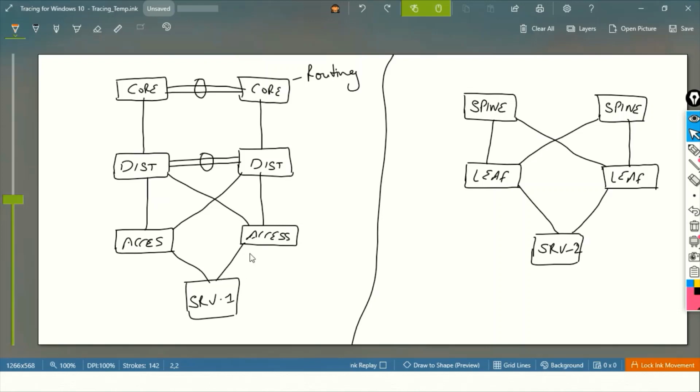So let's understand the difference, what exactly it is from the aspect of the server, because we are going to learn application centric infrastructure. From this server's point of view, this server is connecting to your access switch 1 and access switch 2. And these interfaces are connecting with two different interfaces, and one interface will be active and one interface will be standby, right?